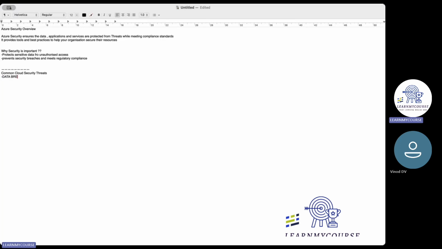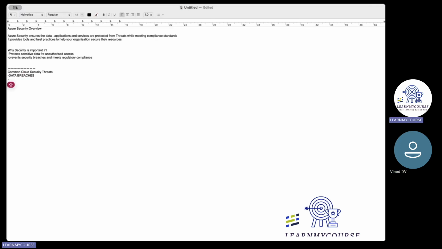Data breaches. It is, for example, unauthorized access to your confidential data. So that is called data breaches. Anybody who does not have access to a particular document and is trying to read that document, that's a data breach. A document created for the vice president or the CEO of the company, which does not cater for the developer, the engineer, or the architect of that company, but he or she is trying to read that document, is called a data breach, right?